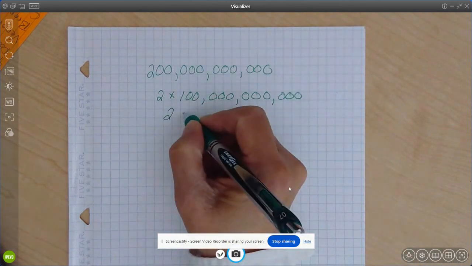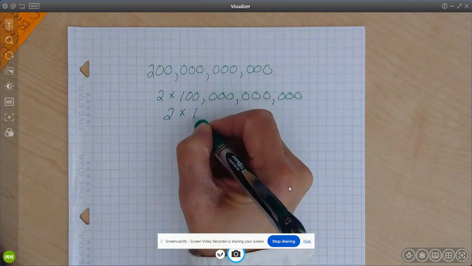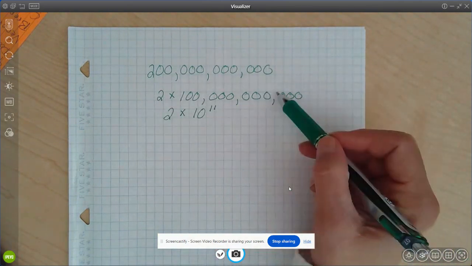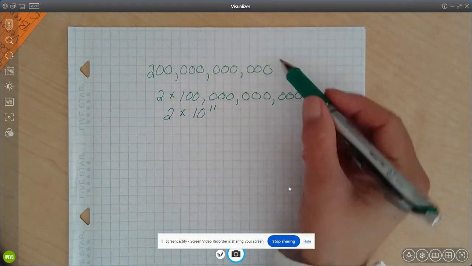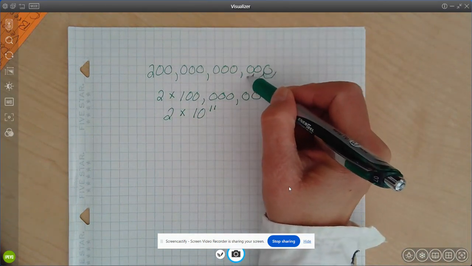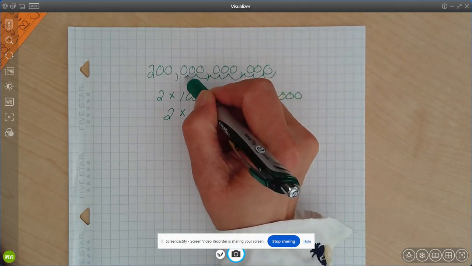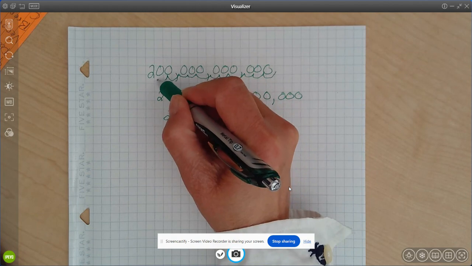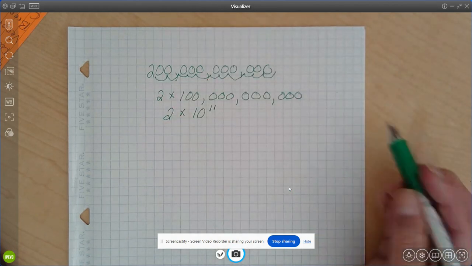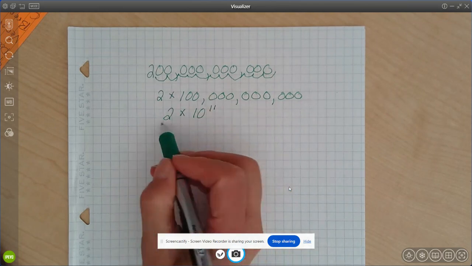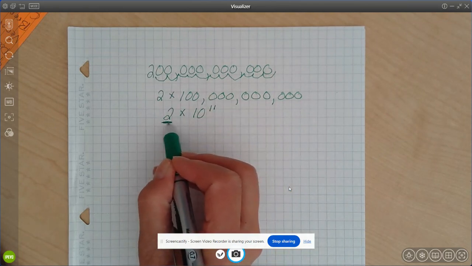So this is 2 times 10 to the 11th power. And without writing this out, I could just count backwards 1, 2, 3, 4, 5, 6, 7, 8, 9, 10, 11. So it's the number of decimal places that you move the decimal so that our greatest place value is